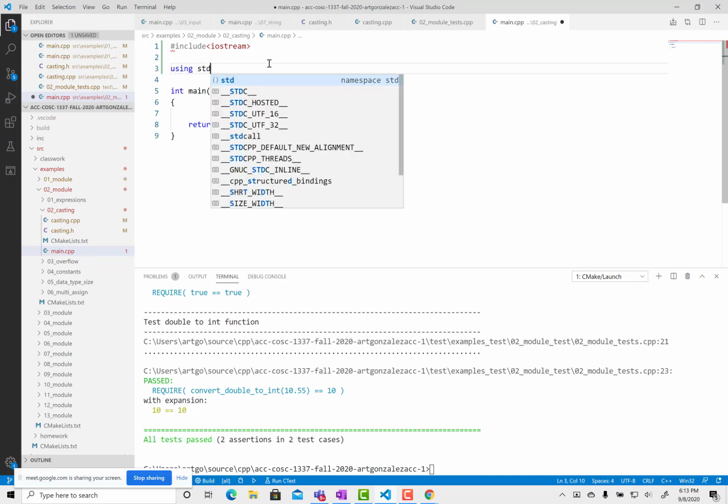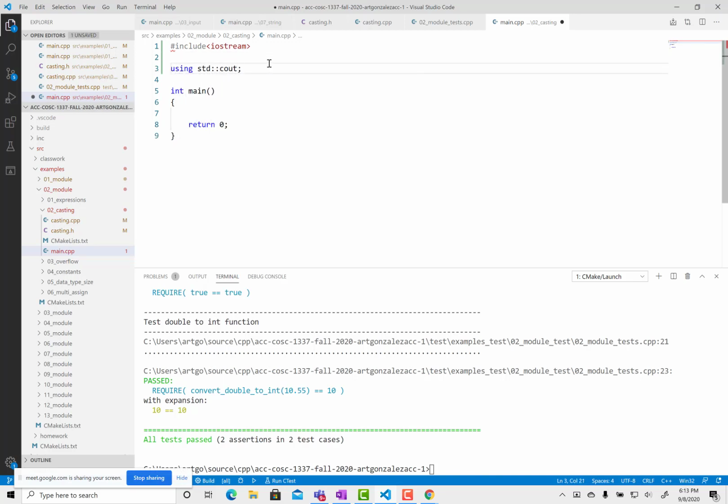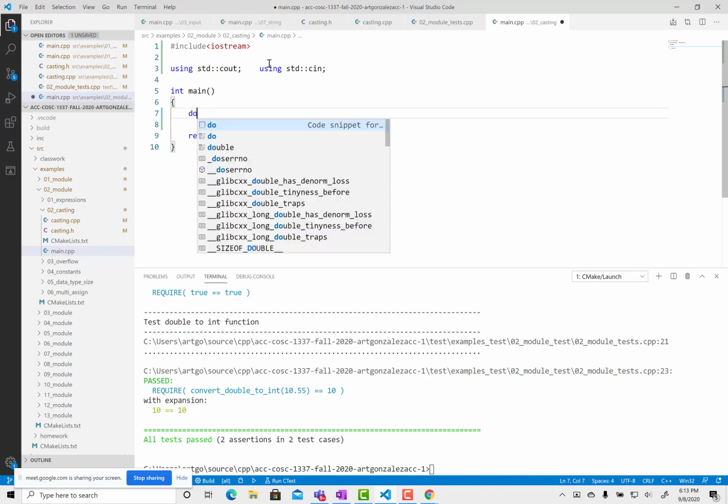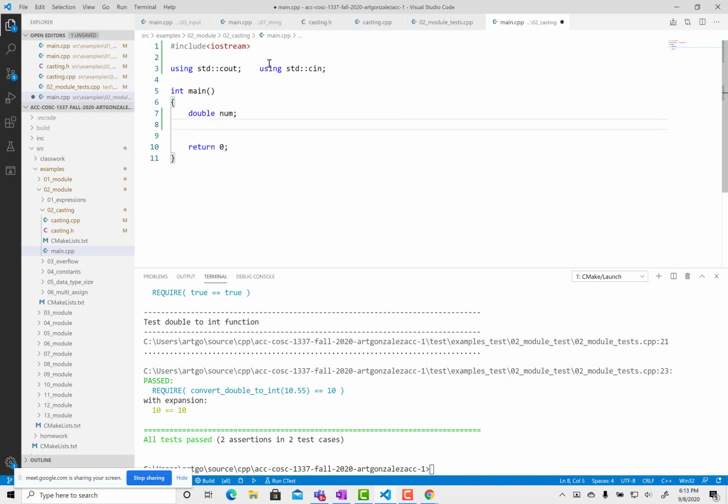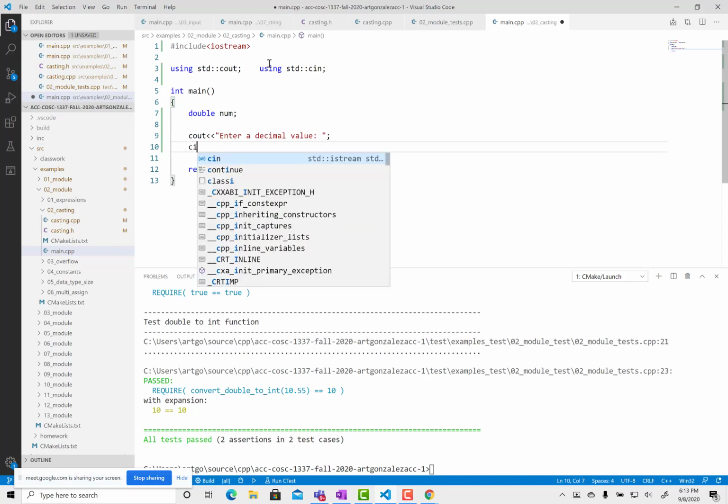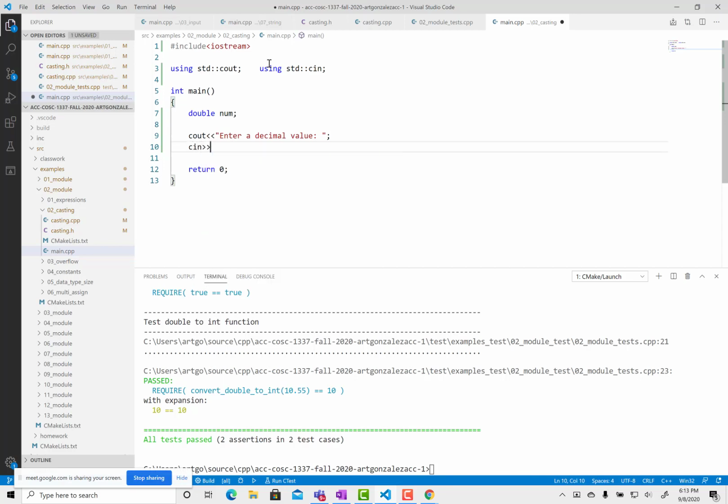We know we will need cout, and we will need CIN. We create a double. We prompt the user for a number, right? So we say cout to display the screen, enter a decimal number. CIN, capture from keyboard, assign the keyboard value to num,